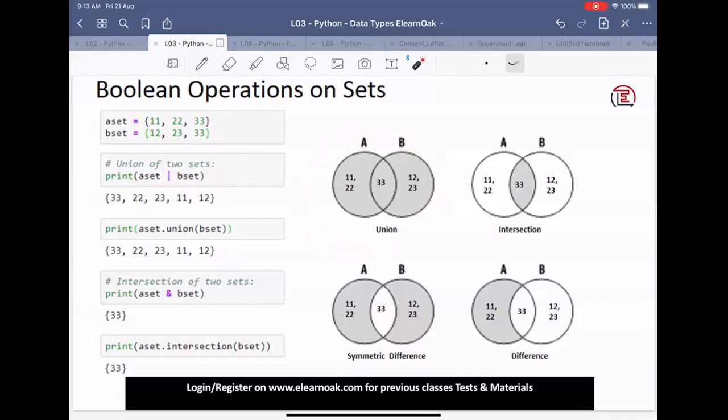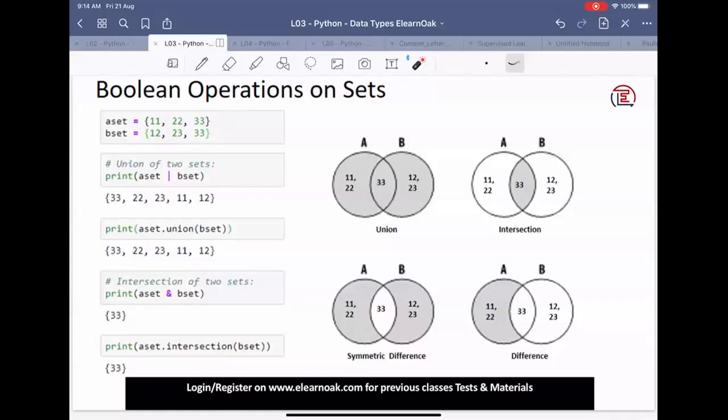If I'm interested to find out the intersection of two sets, intersection means the common elements. When I take the three elements here, 11, 22, 33, and for the B set 12, 23, 33, we can see 33 is the common element here. If I'm interested to find out this common element, I can do intersection. To do intersection within Python, I use this operator. Do you know what this operator is called?